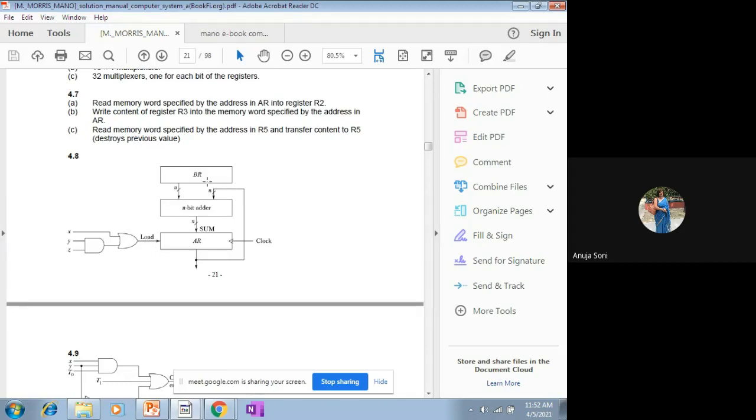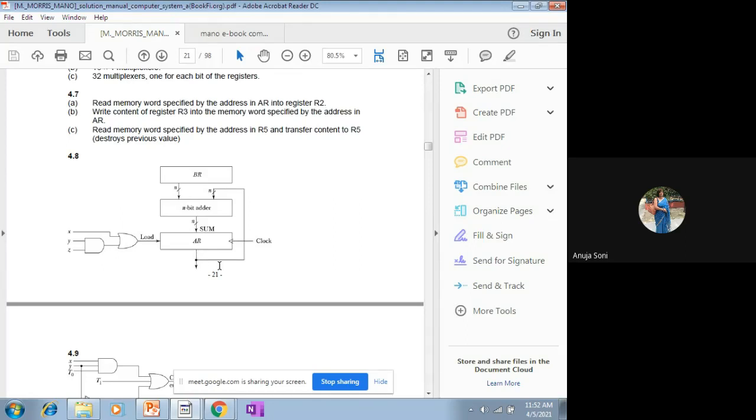Now we are going to talk about the addition of BR and AR, and the result ultimately gets stored back to AR. We have to show this again symbolically, graphically. How will we show it? Some kind of adder circuit will work here. So the adder circuit you have to show here. In the adder circuit, the contents from the BR register will go into the adder. Similarly from AR also these n bits will go. Its size is n bits, and we are assuming the size of BR is also n bits.